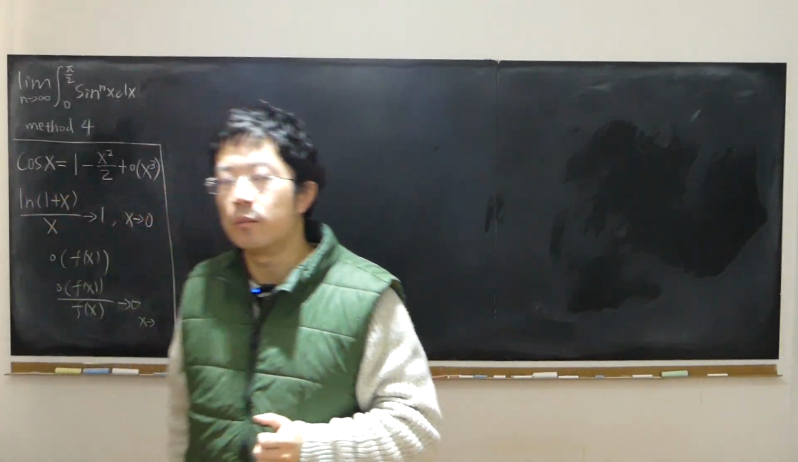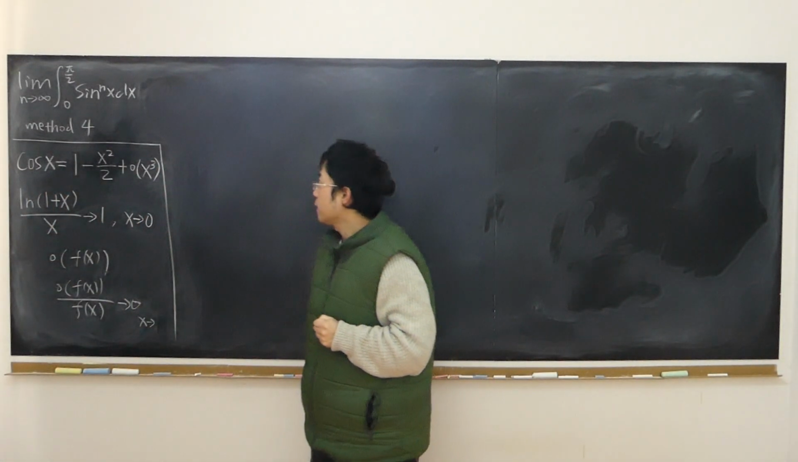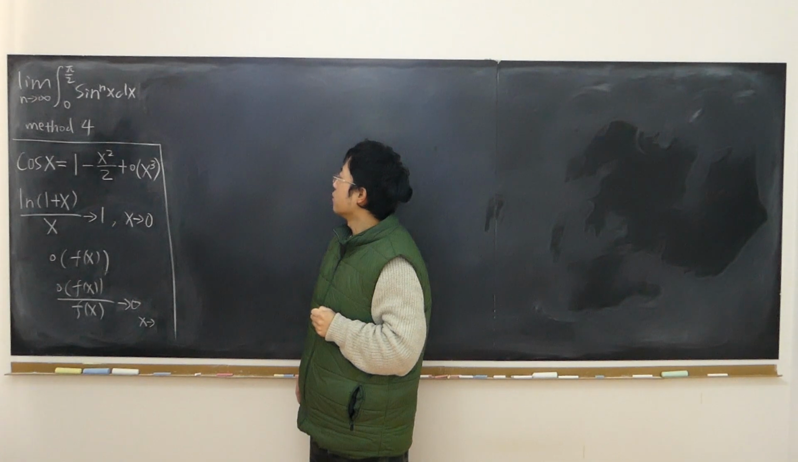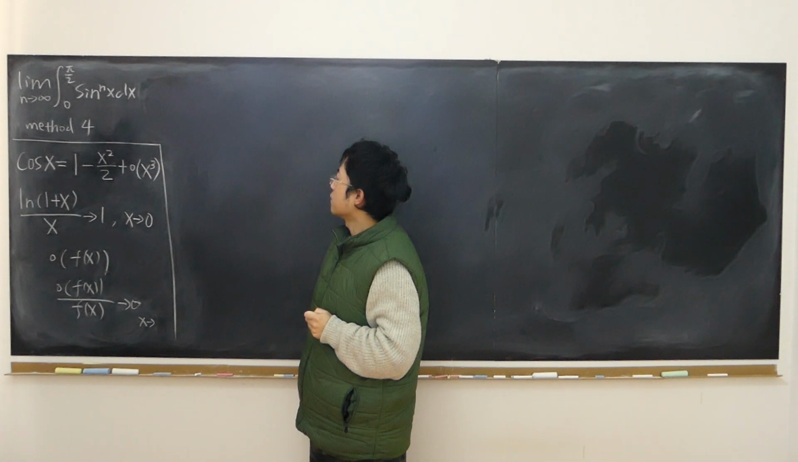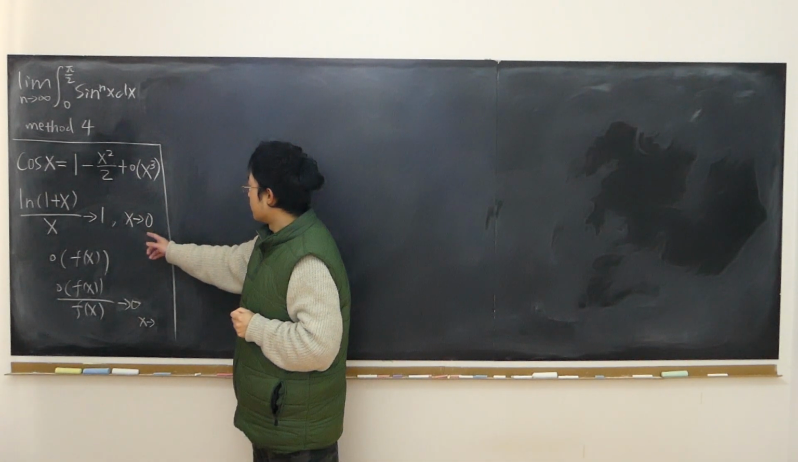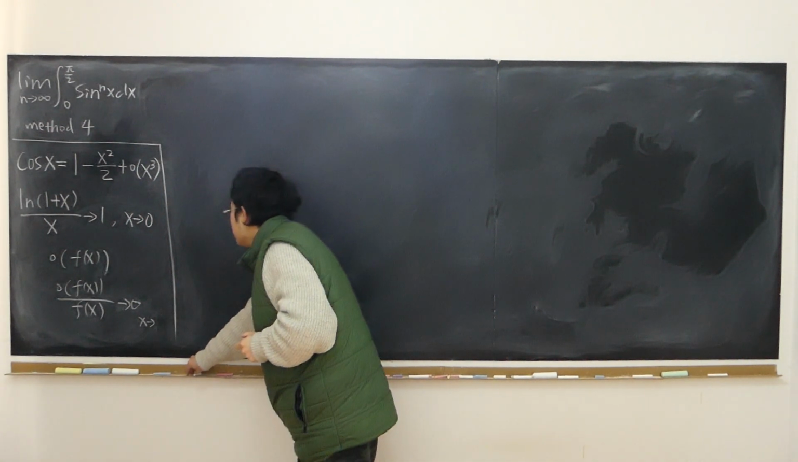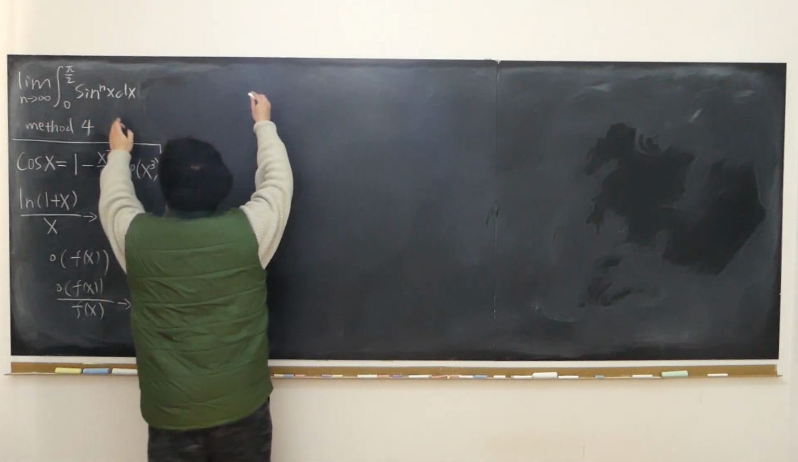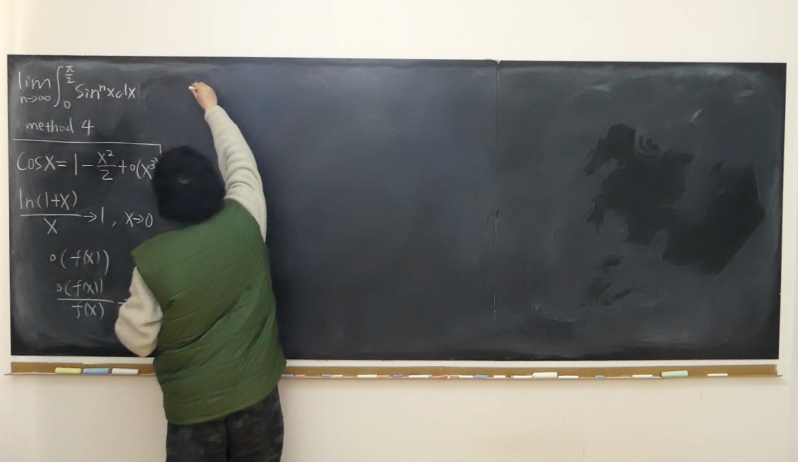We want to find out the limit of the integral from 0 to half pi of sine to the power of n of x dx as n approaches infinity. And we're going to be using this lemma, and this lemma. So we can rewrite this integral into